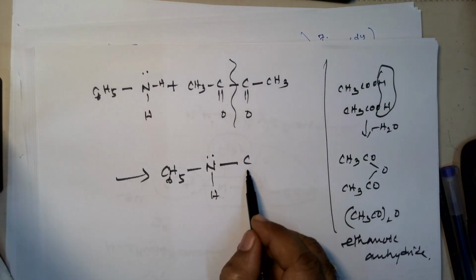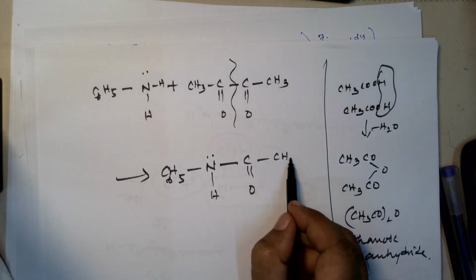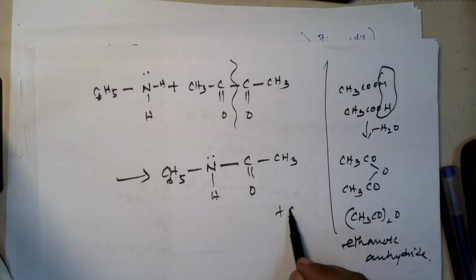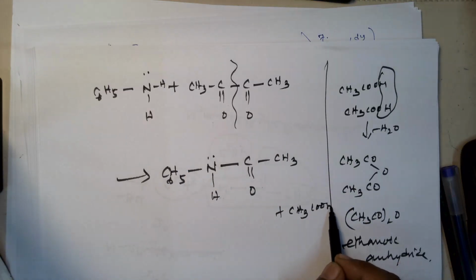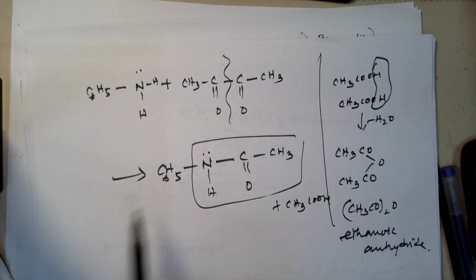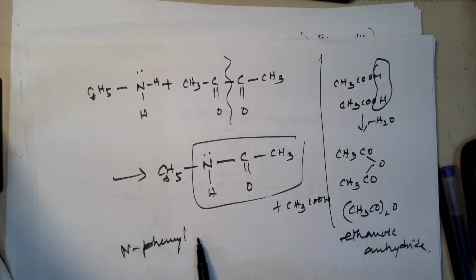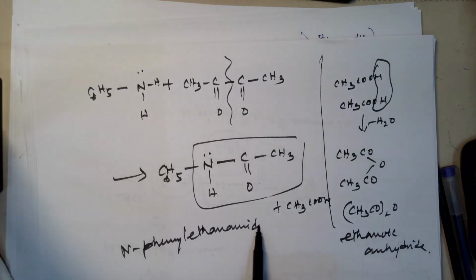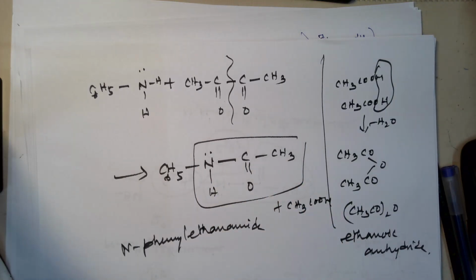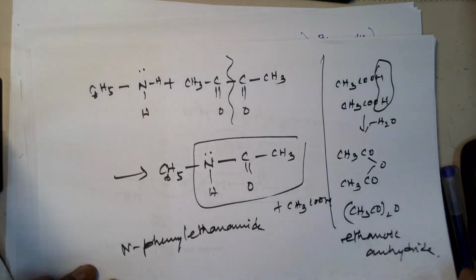So you have got only C double bond O and CH3. And CH3COOH is released here. So what do you call this compound? Ethanamide, phenyl. So N-phenyl ethanamide. It is not methanamide, it is ethanamide, because two carbon atoms are present. Okay, write down. Then there is another